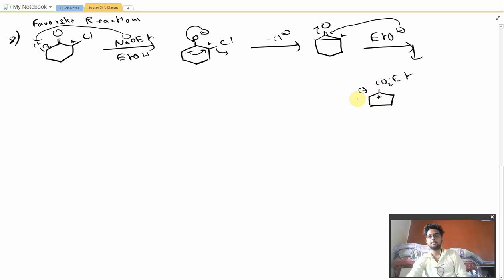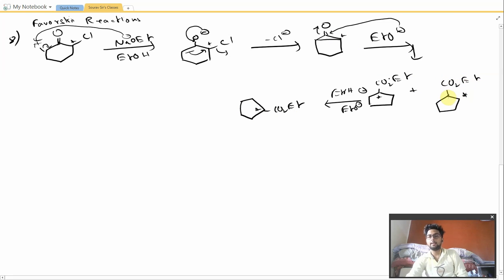Okay, and this would take up the H from ETOH, releasing ETO minus, and the compound that will be formed is this one, CO2 ET, and here would be the radioactive carbon. The other compound that would be formed is, if this bond opens up, then